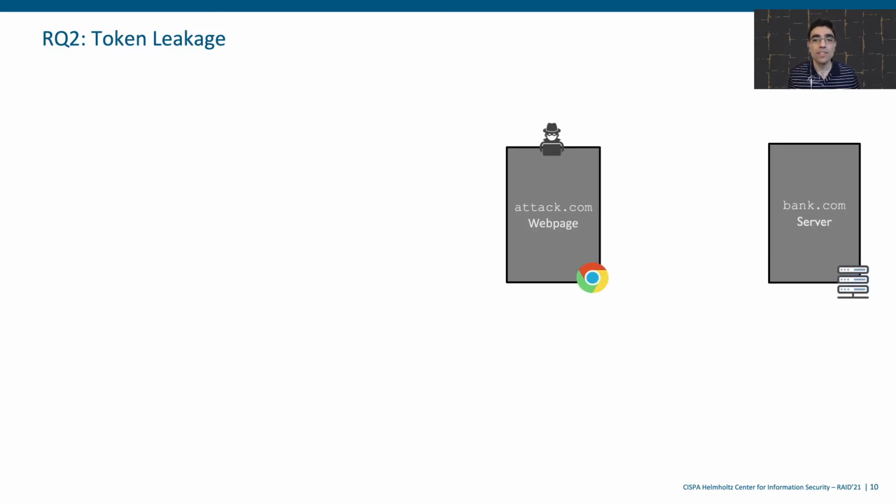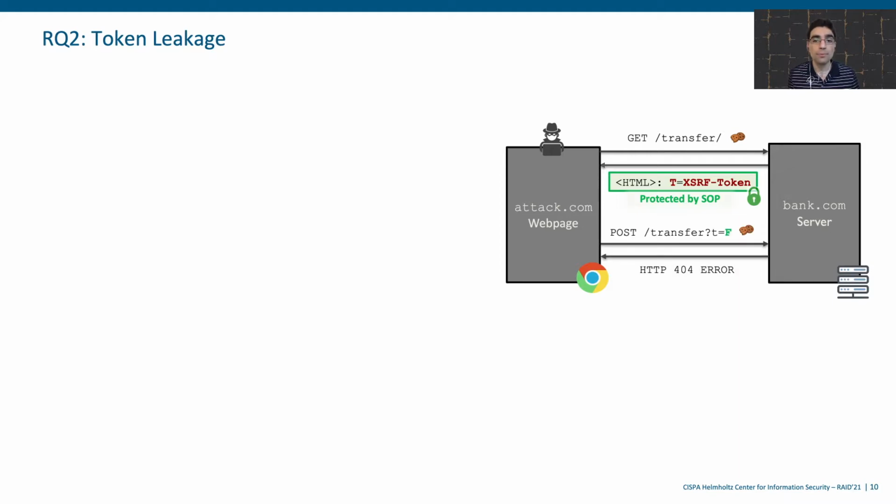Assume that we have a malicious attacker-controlled web page and an honest banking website. The malicious page first sends a GET request to retrieve the web page that contains a valid CSRF token. Note that the attacker cannot simply read the token in the HTTP response across origins because it is protected by the same origin policy. Therefore, for any subsequent state-changing request, for example for a bank transfer, the attacker cannot guess the token correctly and includes a false token, say F, in the request, and therefore the banking server can correctly reject the request with a 404 HTTP status code.